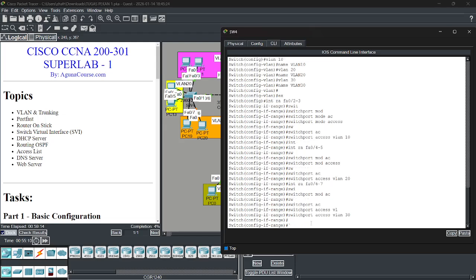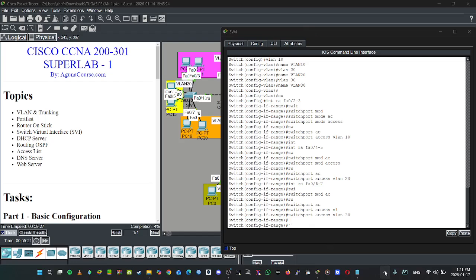Okay, done. Oh yeah, I forgot to add spanning-tree portfast.